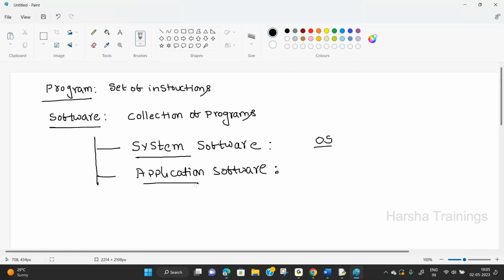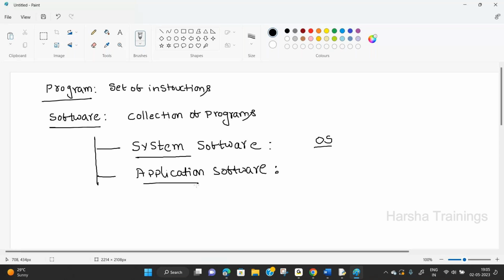Application software means software that is designed for some specific purpose. For example, BookMyShow is an application software for booking tickets. IRCTC is an application software to book train tickets. You got the point? One particular specific thing is called an application.